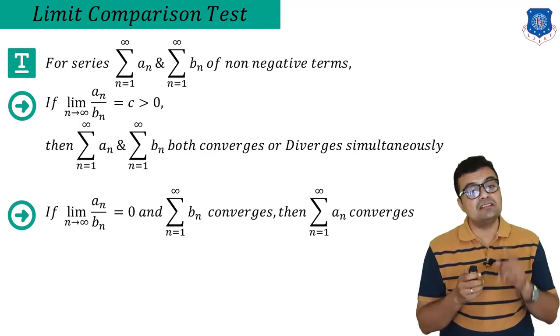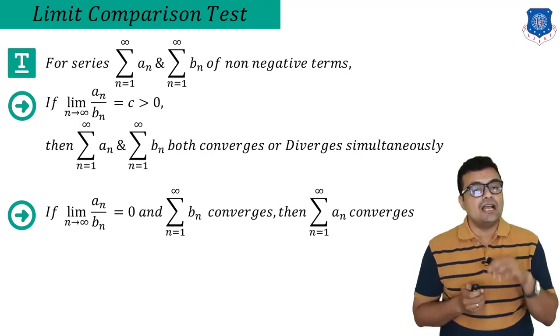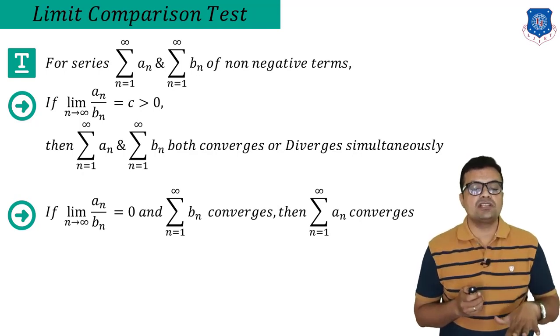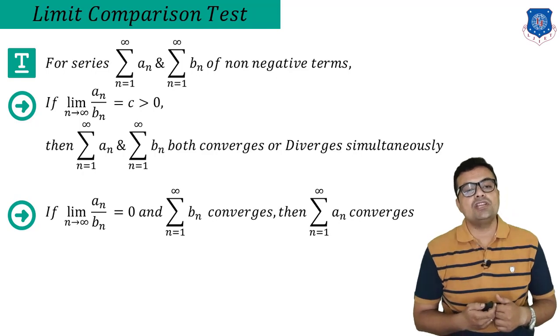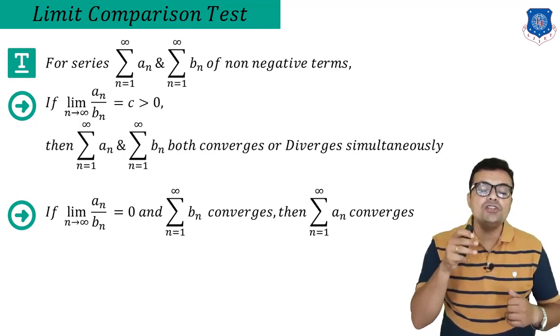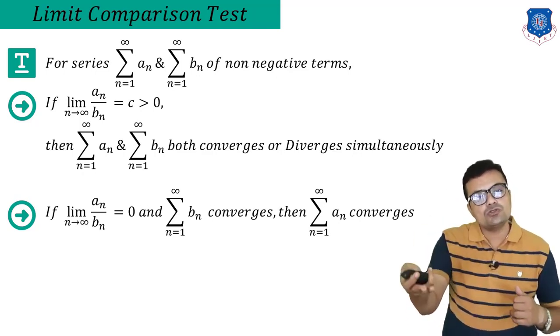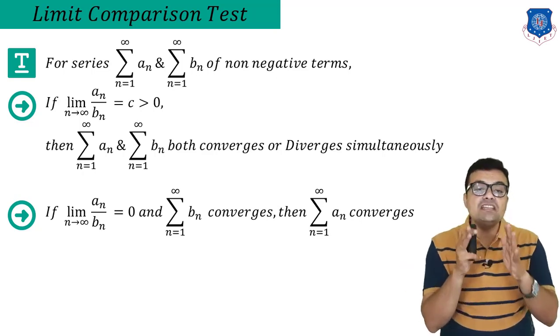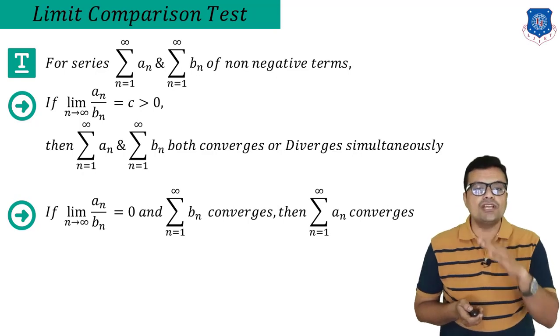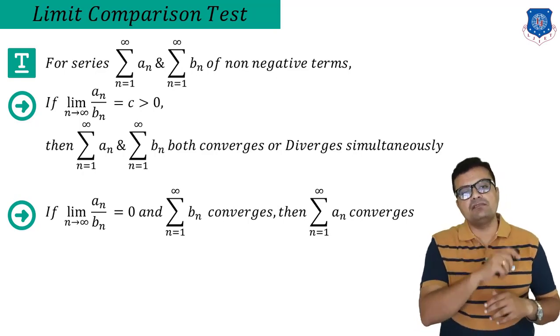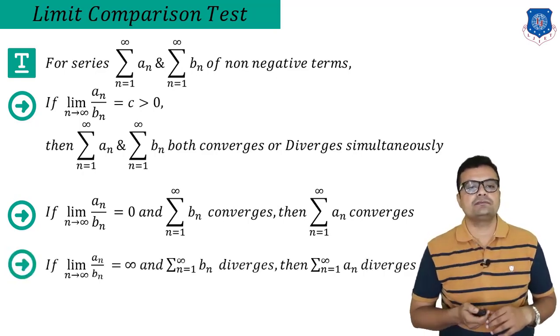That simply means that this is happening at infinity. And so if Bn is convergent, that means Bn will also move towards 0 after infinity. So An is actually 0 times Bn, and Bn is also 0 at infinity. This means that An is also moving towards 0. And so An is convergent if my given series Bn is convergent.